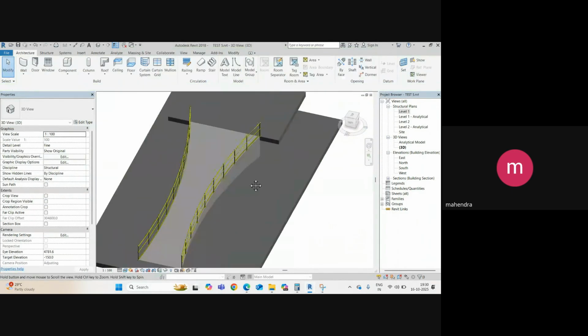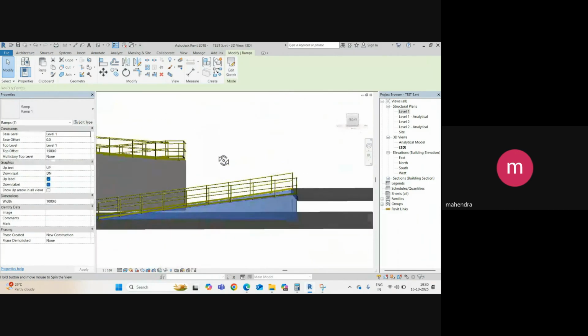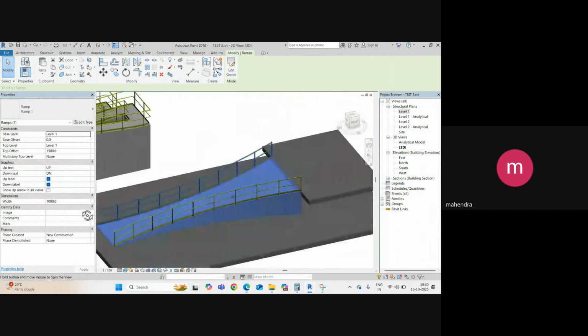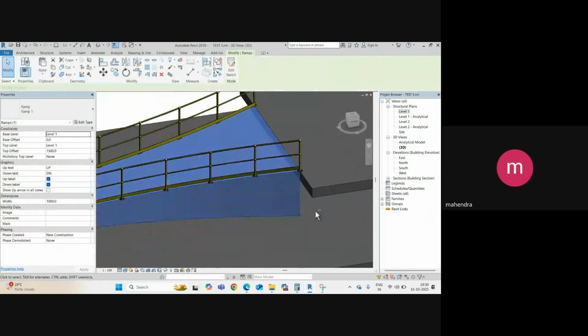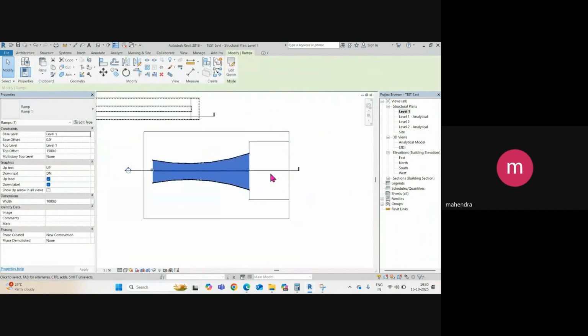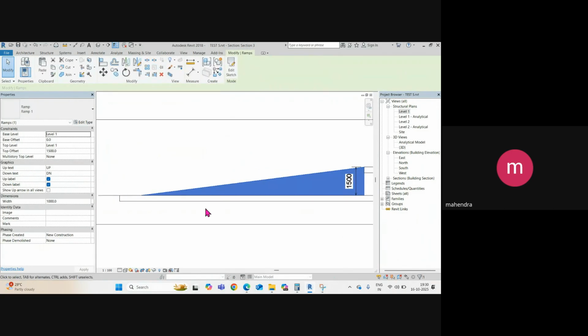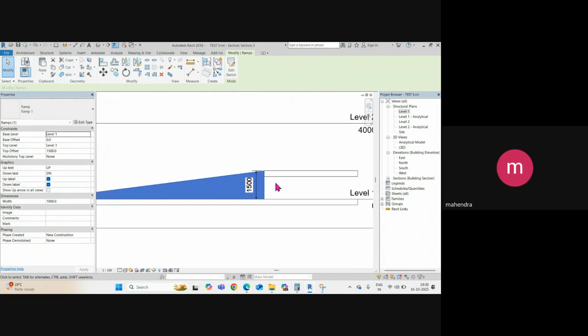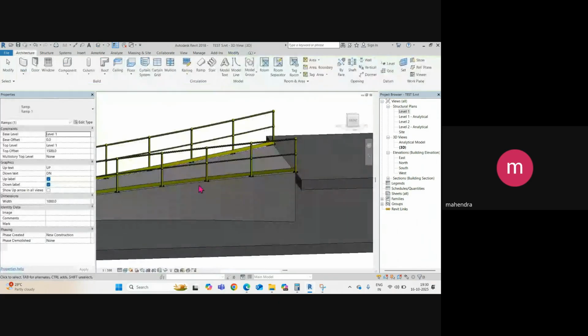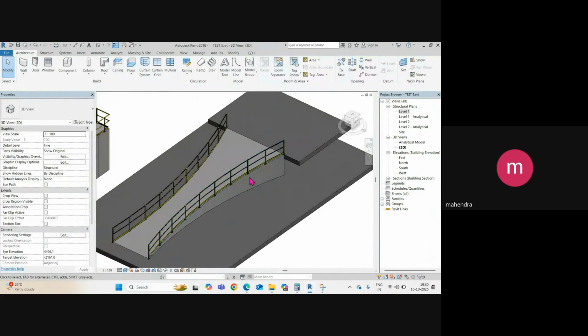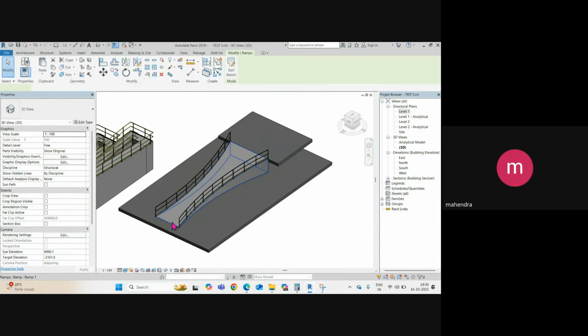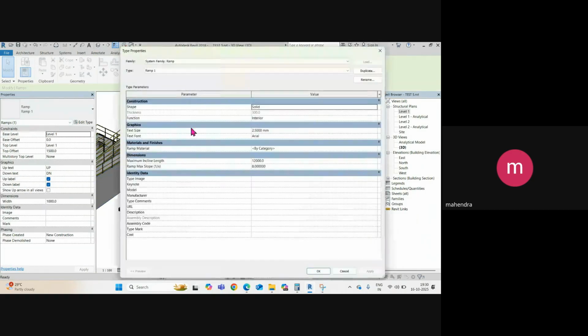So you can see your base has been made as a solid here, right? You can see if I set a section, it starts from this point to this point. Then after that, if you go and select this ramp and click here edit type, then next is